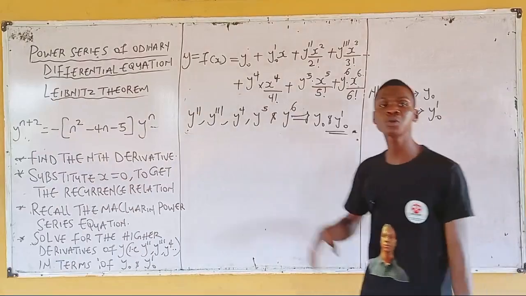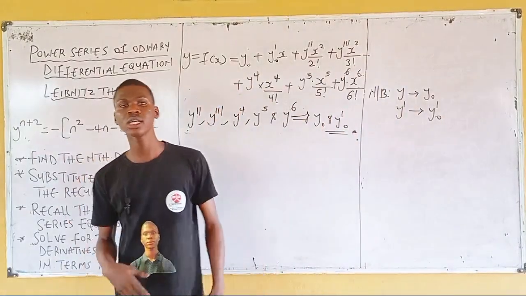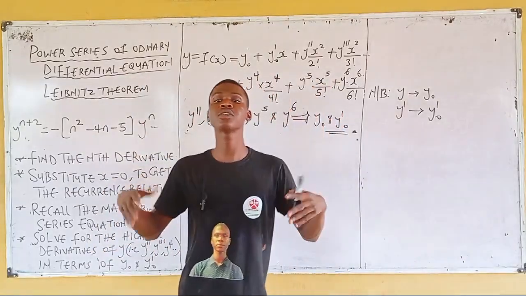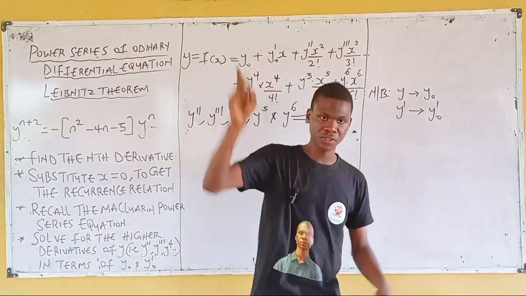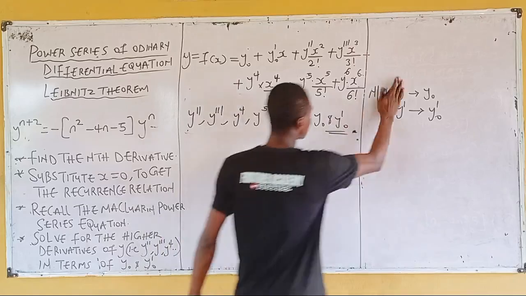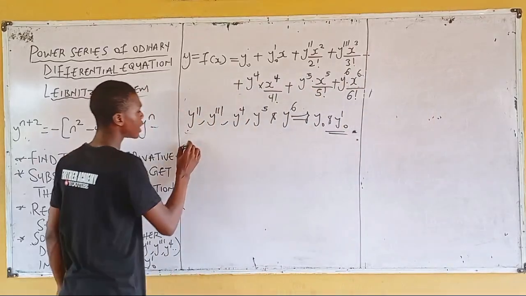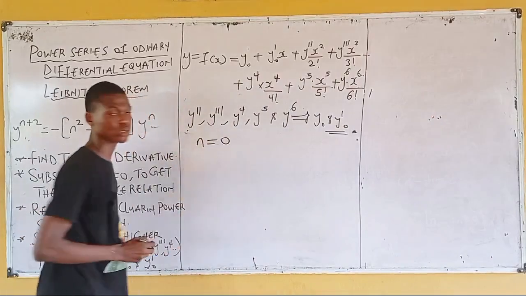Substitute the value of n equals 0, 1, 2, 3, 4, 5, 6, or in general, substitute the value of n as a real number up to y raised to the power of 6. So let's solve. Using this recurrence relation, when n equals 0,